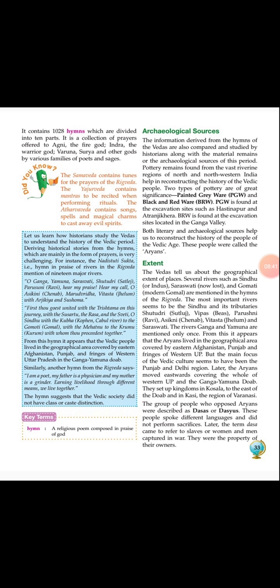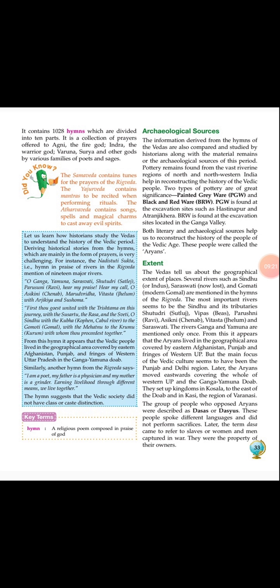The Vedas tell us about the geographical extent of places. Several rivers such as Sindhu, also known as Indus, Saraswati, now lost, now disappeared, and Gomti, modern name Gomal, are mentioned in the hymns of the Rig Veda. It means these rivers' names are written in the Rig Veda. The most important rivers seem to be the Sindhu and its tributaries. Out of them, the most important river is Sindhu and its tributaries